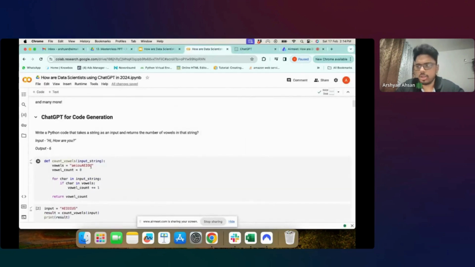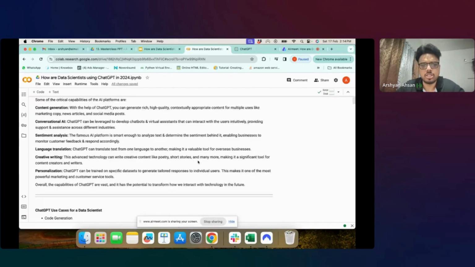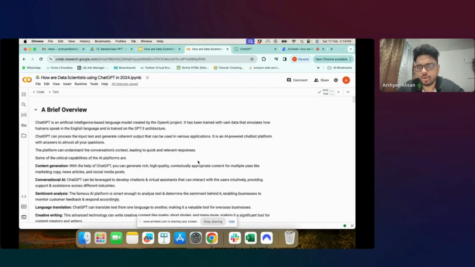I'll be going very slowly with the code, what we are doing with ChatGPT, and how things are moving. In parallel, if you have some coding experience, you can open a Colab notebook and code with me and try it out with me. I think it will be fun if you are trying it out with me. In case you don't have any coding experience, no need to panic or feel hesitant in trying this out. It is pretty simple. Whatever I am going to use today is very fundamental and basic.